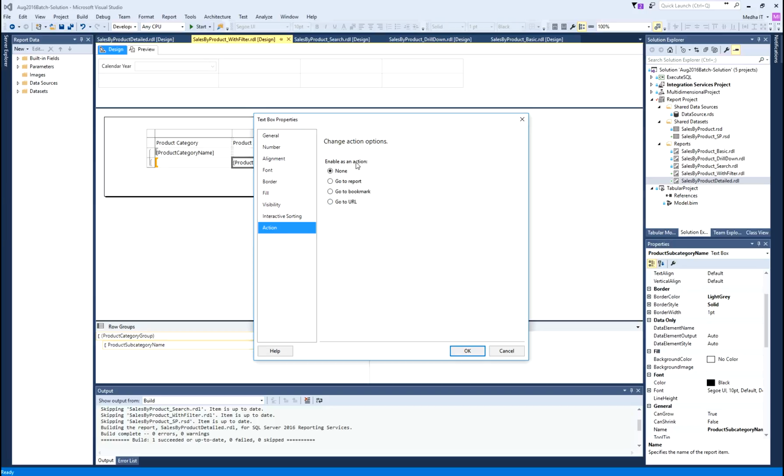Here we see multiple options. None is no action defined. Go to report is the action where we can jump to a specific report. Go to bookmark is the option used when we want to jump to a specific area within the report. That is useful if you have multiple sections in the report, and when a user clicks, you want to go to a different bookmark like in a Word document. Go to URL is to jump to a specific external URL. So, for our exercise I want to do go to report, where I want to jump to a detailed report,